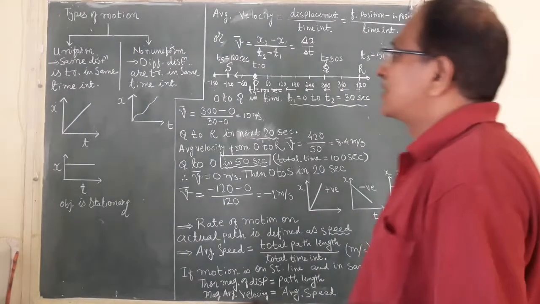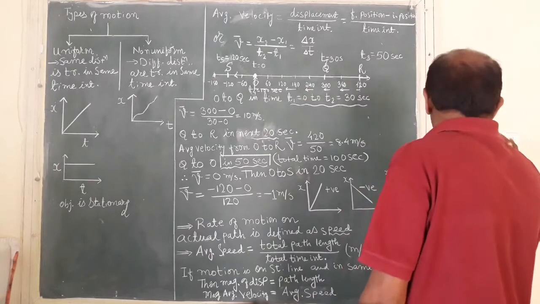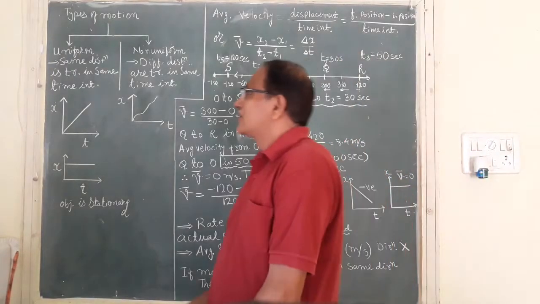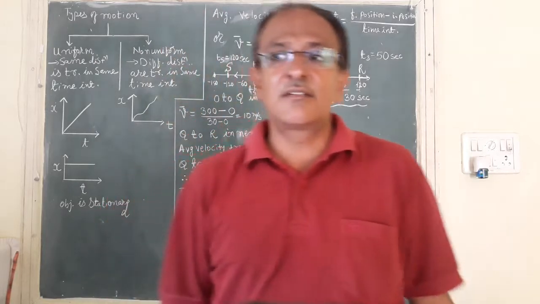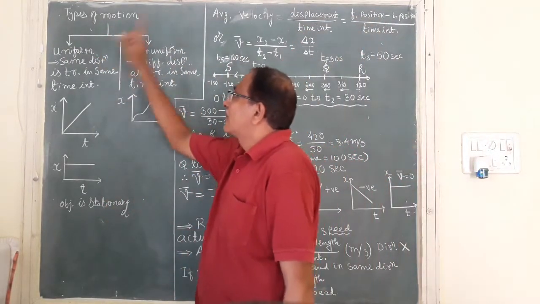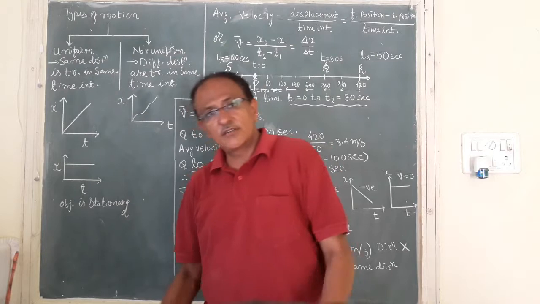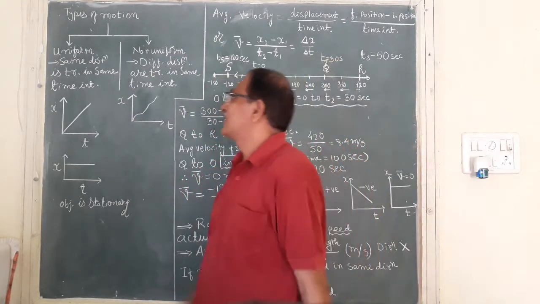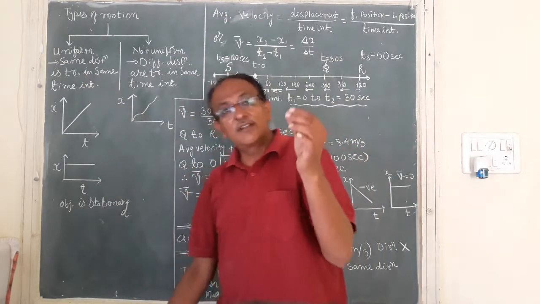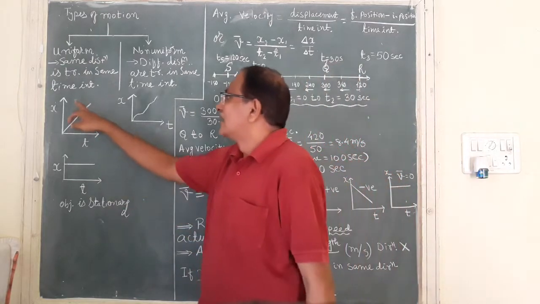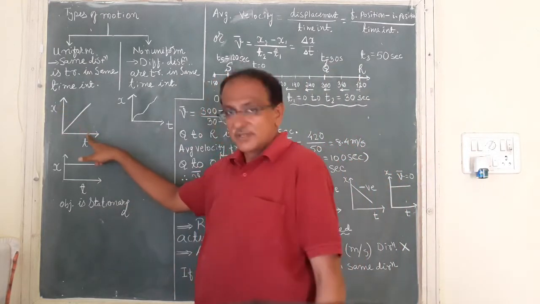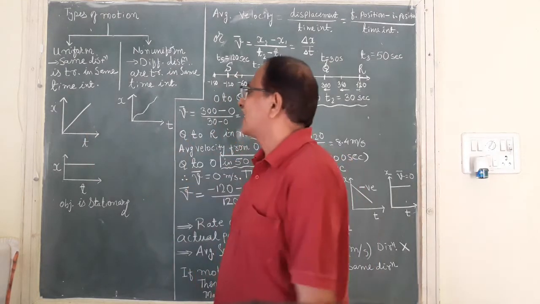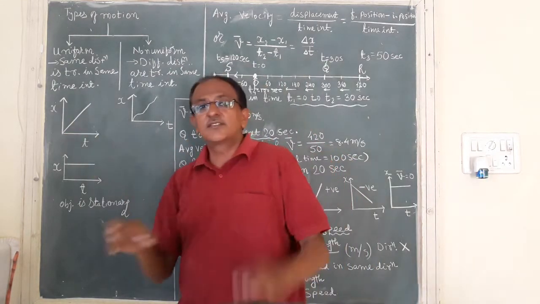Now we shall discuss the types of motion. As last time in the video I gave the names: uniform motion and non-uniform motion. Uniform motion, as I have explained, is when the same distances are travelled in the same interval of time, and if you draw the graph of position versus time, then it will be a straight line graph, meaning equal distances are travelled